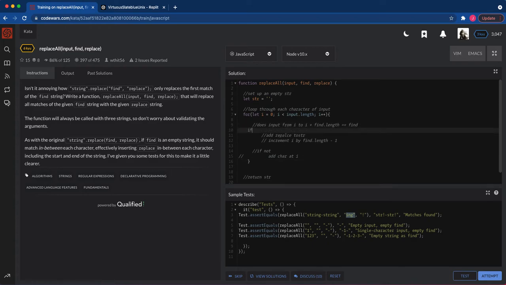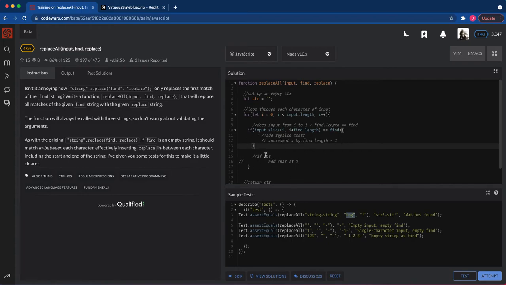Okay, if input, now how do we get from I to I plus find length? We can use slice. That will give us a slice of the string from I to I plus find dot length. If that equals find,